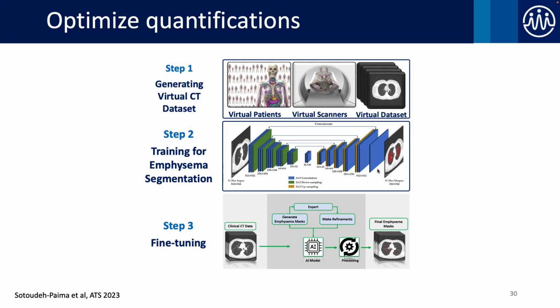The other is, how can we optimize quantification? As I said, if you are doing quantifications, is there a way to make this a little bit more quantified or measuring things more accurately? So we have used our virtual tools in order to segment emphysema. Instead of using a threshold-based modeling that I showed you earlier, can I more reliably measure this? We have developed a deep learning algorithm that can segment emphysema, but that deep learning algorithm was trained on our virtual data. Because we have the exact knowledge of the ground truth, we have perfect labels, and that would significantly help us to model these networks with a high performance